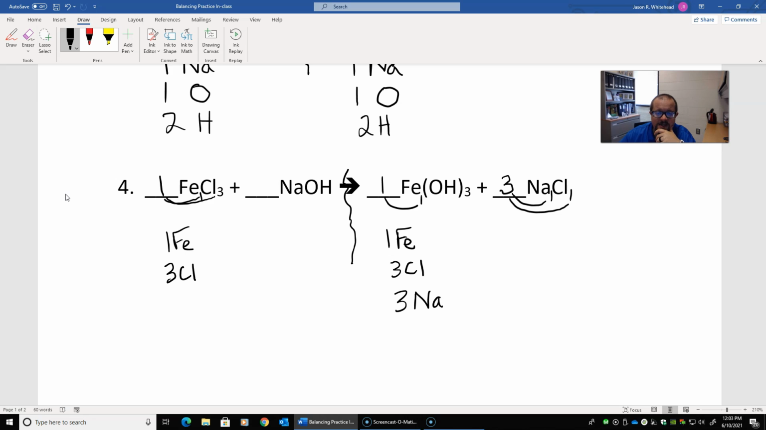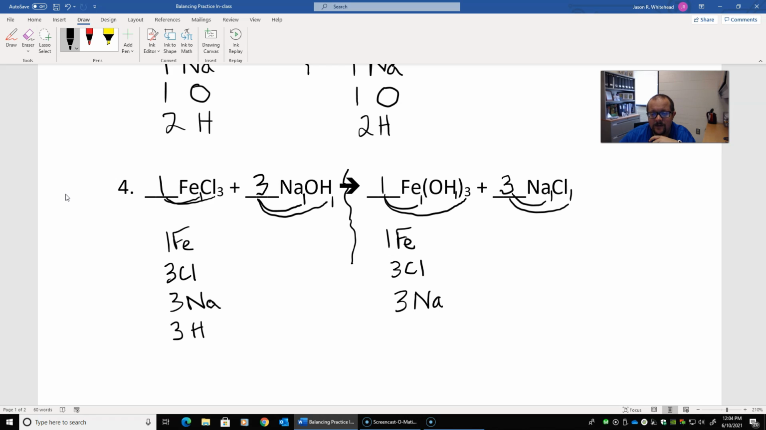So if I go to the other side, to get 3 sodiums, I can put a 3 in my blank. 3 times 1 is going to give me 3 sodiums. Now, we have not touched the hydrogens, but if we balanced everything else right, they should balance also. 3 times 1 gives me 3 hydrogens on the left, and on the right, 1 times this 3 on the